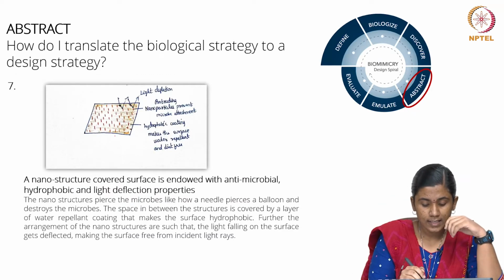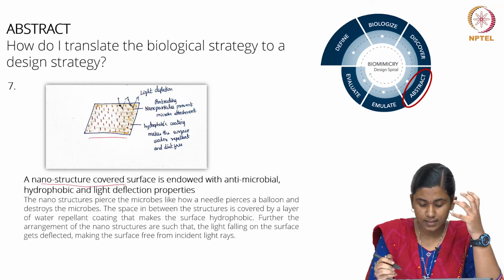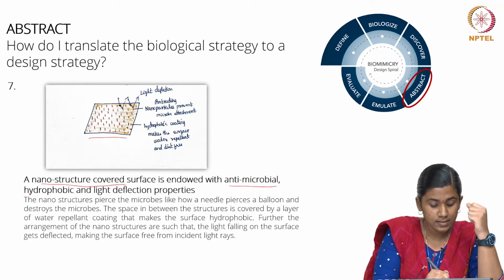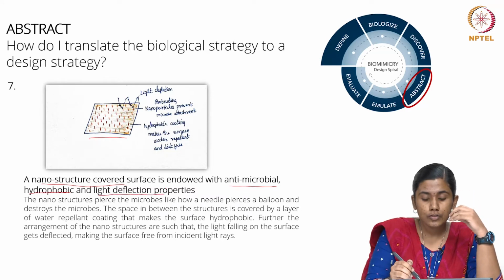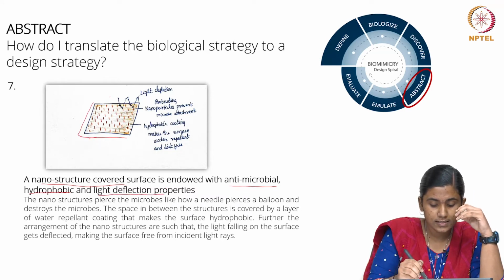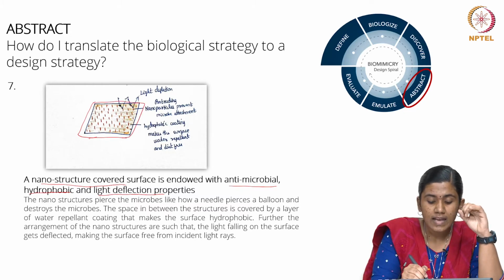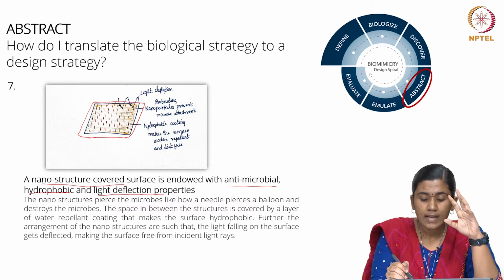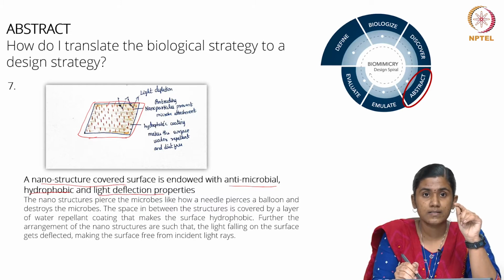And the last design strategy is about a nanostructured covered surface that is endowed with the properties of antimicrobial resistance, hydrophobic nature, and light deflection. So this is the structure surface. The yellow colored rectangle is the surface you are seeing, and the red lines are the nanostructures which you are seeing. And the protruding nanoparticles pierce the microbes which are trying to enter, and they destroy the microbes, thereby